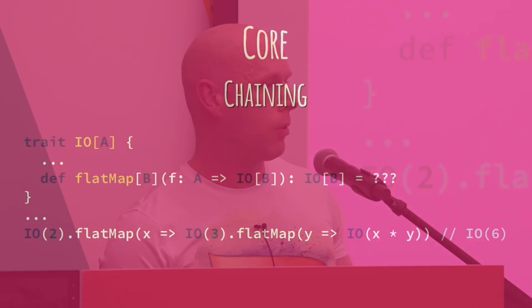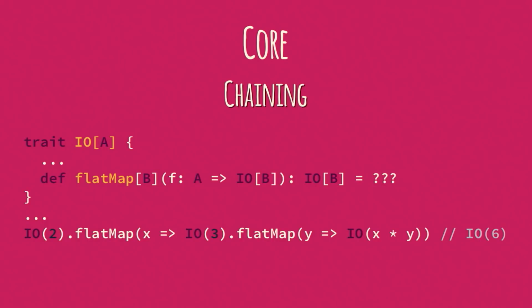Of course, these programs can be sequential, so they support this flatMap operation, which allows you to describe two programs in sequence where the second one actually depends on the value produced by the first one. This thing is called flatMap, and it allows you to build sequential programs that depend on results of prior computations.